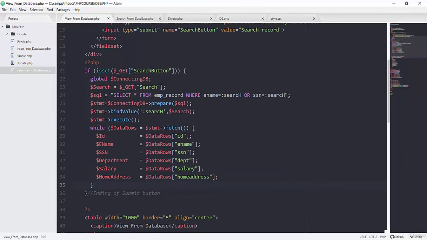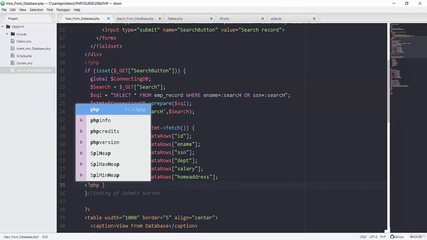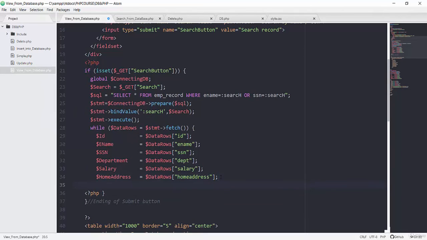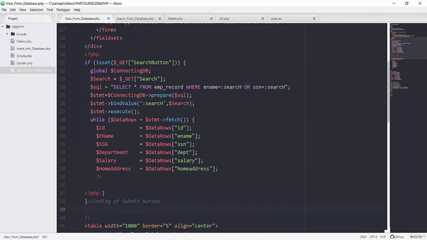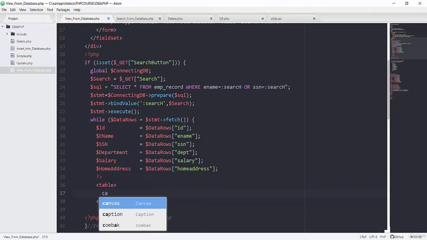Then inside the same scope of search button, I will add one table. So first of all, let's put this ending of while loop and our ending of submit button in a separate PHP scope, and closing first this one. So then we have this ending of our while loop. So here we will have our table that will have some caption. Its caption will be